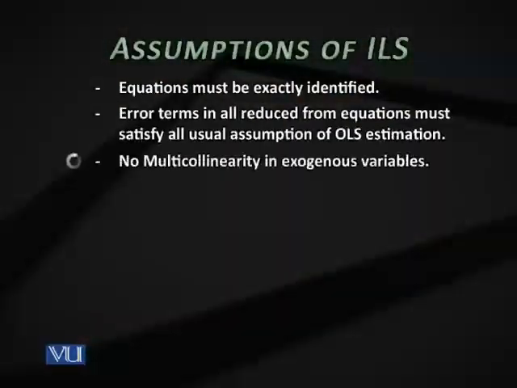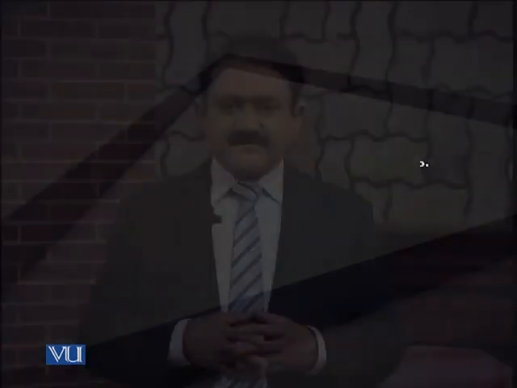सिमिलरली, मल्टीकोलिनैरिटी का इशू नहीं होना चाहिए। आपको याद आएगा कि नॉर्मली जब हम OLS अप्लाई करते हैं, हम चाहते हैं कि जो वेरिएबल्स हैं राइट हैंड साइड पर वो आपस में सिग्निफिकेंटली कोरिलेटेड ना हों, वरना प्रॉब्लम्स और बुरे कॉन्सिक्वेंसेस पैदा होते हैं। तो ये भी आपने इंश्योर करना है कि वो जो यूजुअल अजम्पशंस आप रिग्रेशन के लिए, OLS के लिए करते थे, वो रिड्यूस्ड फॉर्म इक्वेशंस के लिए भी अप्लाई होनी चाहिए।